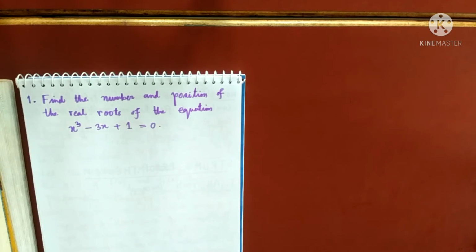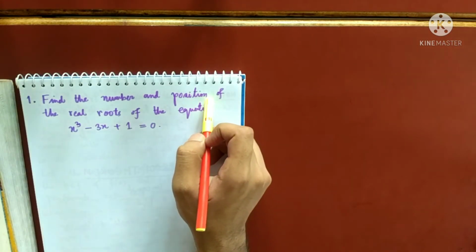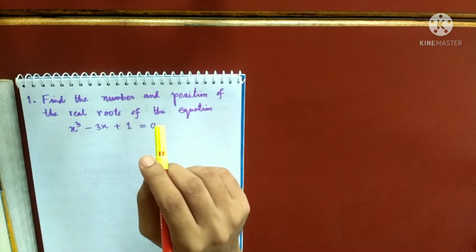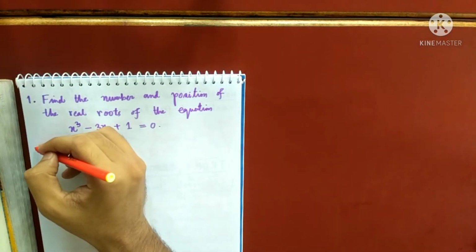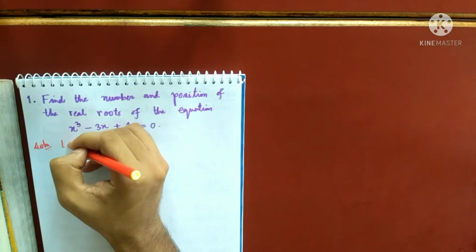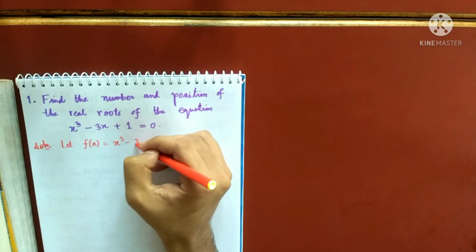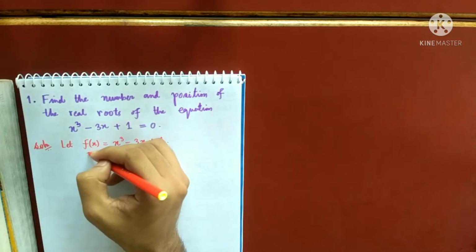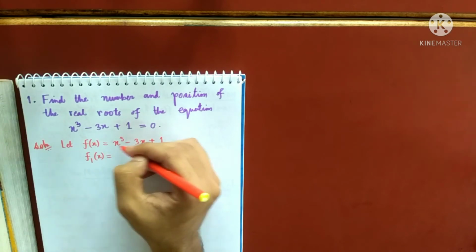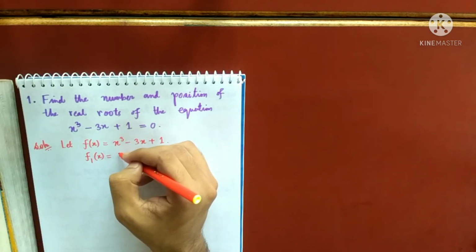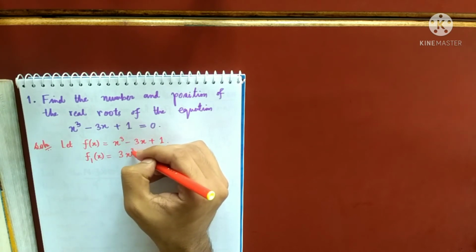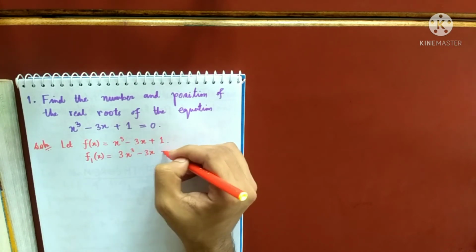So you have to determine, first of all, how many roots are real, whether they are equal or unequal, and next you determine the position also. Where will the roots lie? Okay. So how do you start? Solution. You call this your f(x), send everything to the left hand side, which is already there: x cube minus 3x plus 1. You find the derivative, call it f1(x), which is the derivative of this. The derivative is 3x squared minus 3, taking 3 common,